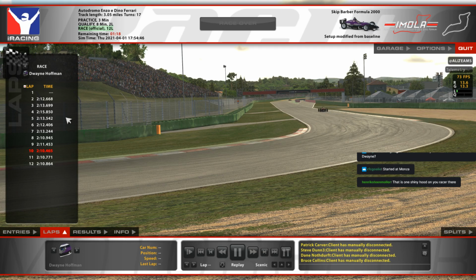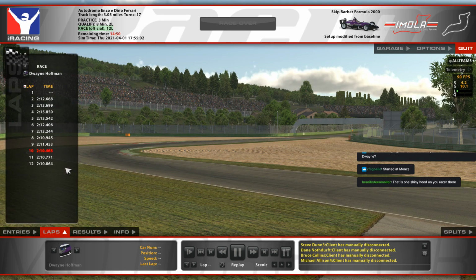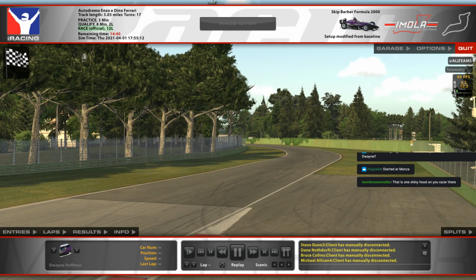Let's look at our lap times. First lap from the lane doesn't count. So 2:16, 2:13, 2:15, we had a little bit of trouble. But then we got quicker and quicker and quicker. In the last 3 laps in the 2:10s, that's what you want to be doing in every car you drive, folks. Start slow, but finish like a pro. P5. And that